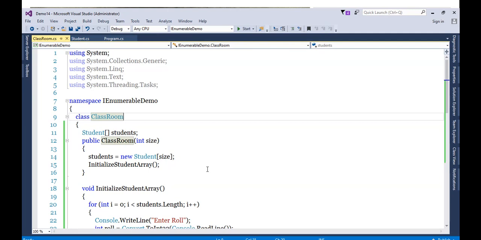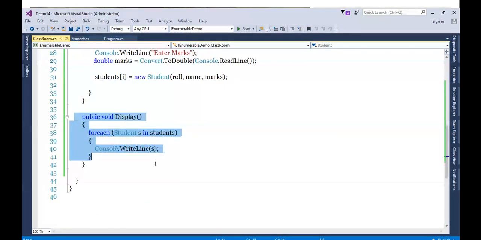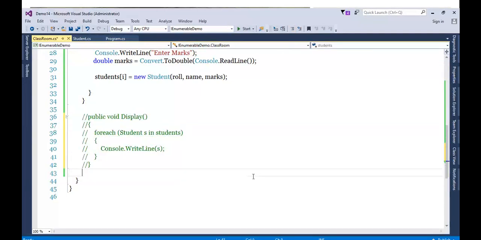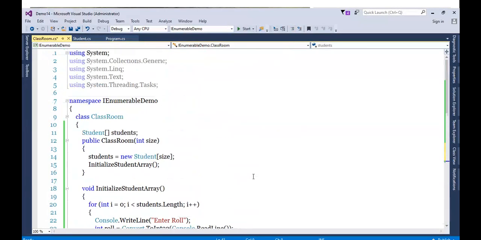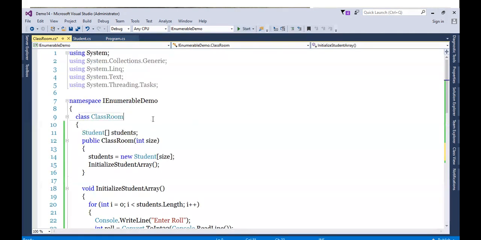Yes, okay. So now let's do this with the IEnumerable interface. I'm not going to write display. Let's see how to do this using IEnumerable. My array is initialized, no problem. Now the requirement is that I want to display this array, so let's hire the IEnumerable interface.